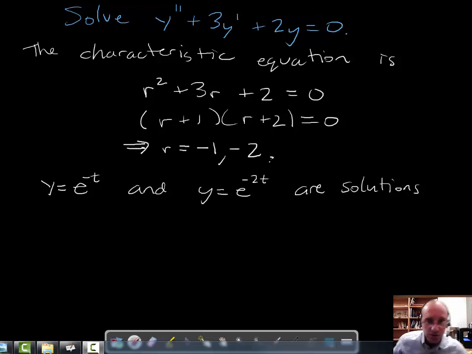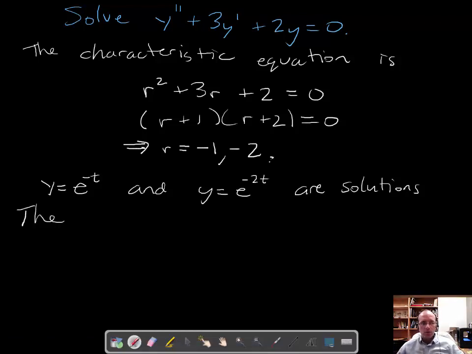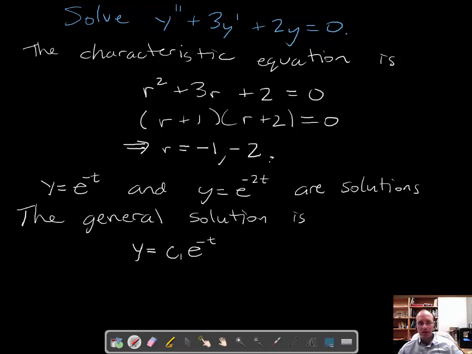From those two solutions, we can actually get the general solution. So the general solution is y equals, I'm going to do c1 times the first solution, so c1 e to the -t plus c2 e to the -2t. And in upcoming sections we'll talk about how we know that's the only solution, but